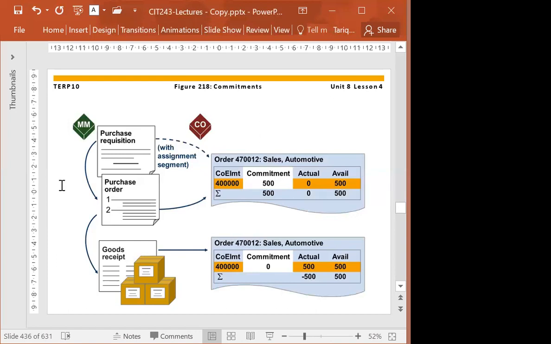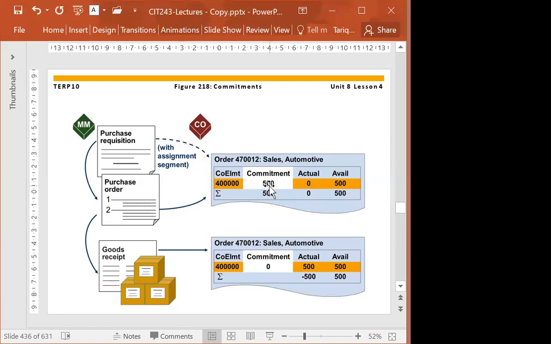And that commitment will go to zero when I receive the goods. If I receive a partial amount, then it will be partially deducted. Whatever I received, that much amount will be deducted. Ultimately, when I receive all my goods and services, the commitment will become zero, meaning everything is all set. So you can put the commitment manually or add it automatically. And once the purchase order is approved by the authorities, then automatically the commitment will be made.